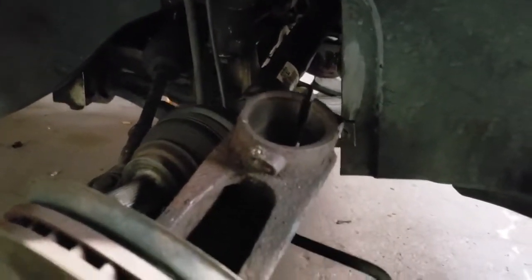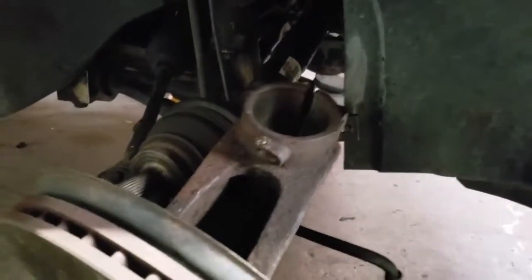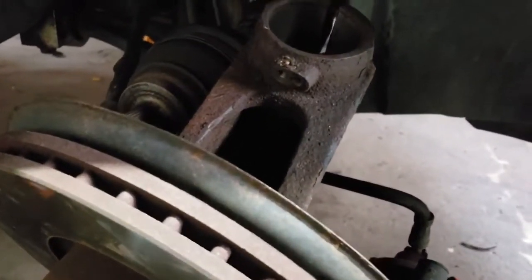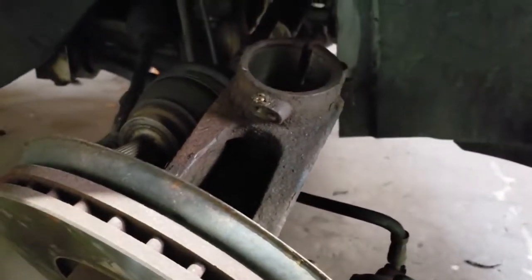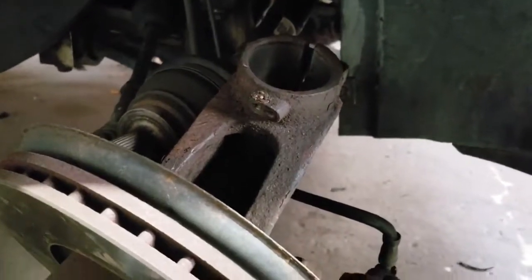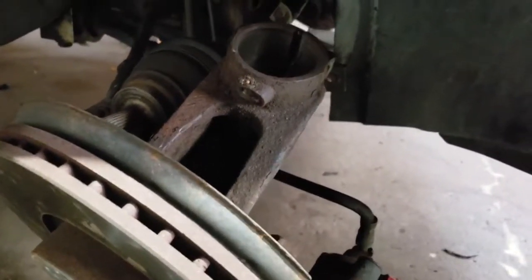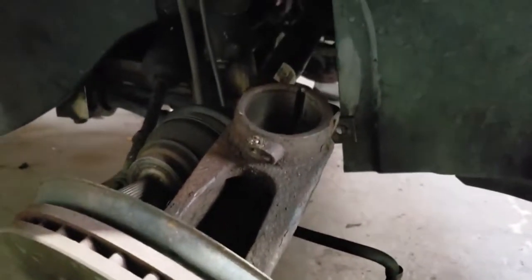Oh, I forgot to mention, because I did this before, but you're going to have to disconnect your sway bar link. I had already done that, so I'm sorry I forgot to mention it. I forget the sizing on that, but it's pretty much cut and dry. You're going to need whatever millimeter socket it is, and chances are you're going to need a pair of vice grips, because those